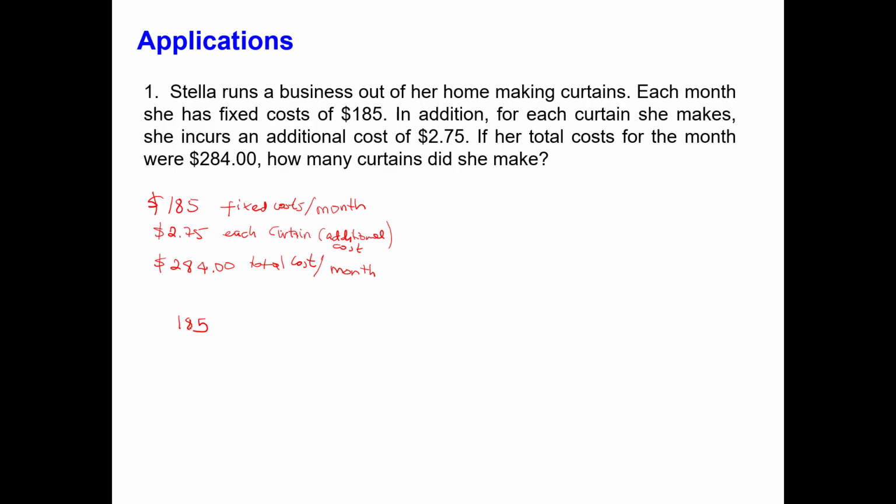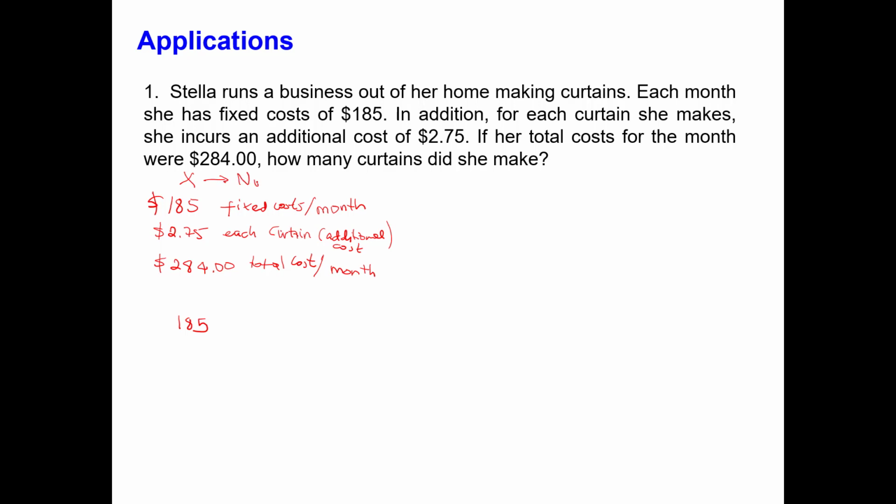She always needs to spend 185. In addition, she needs to spend 2.75 for each curtain. Then, because we want to know how many curtains she made, we need to know how many curtains she made per month. Since we don't know that, we can write x